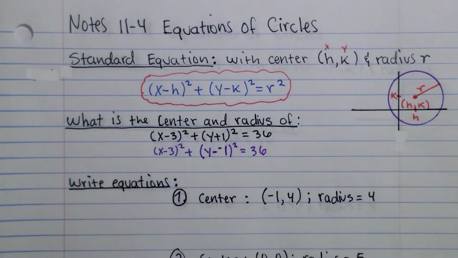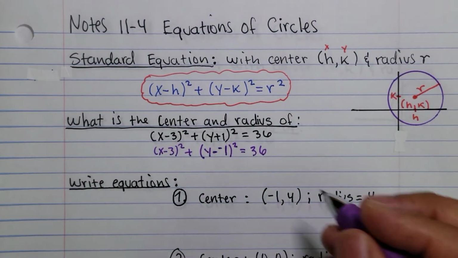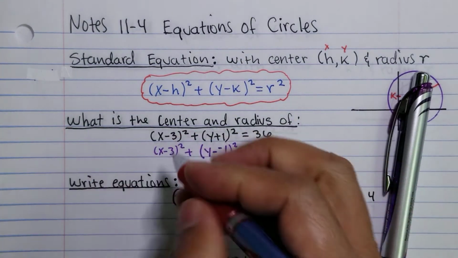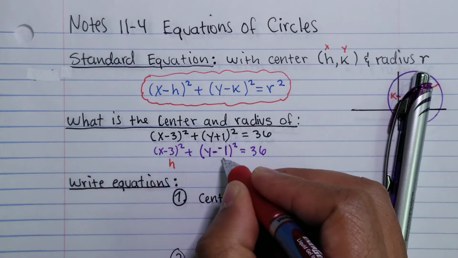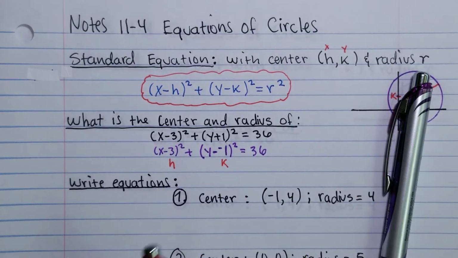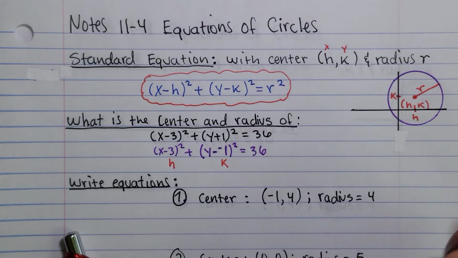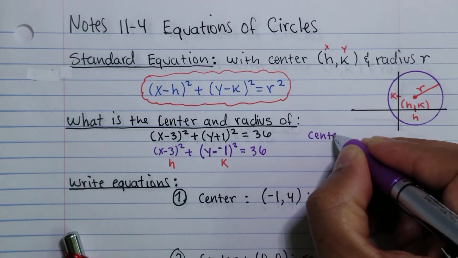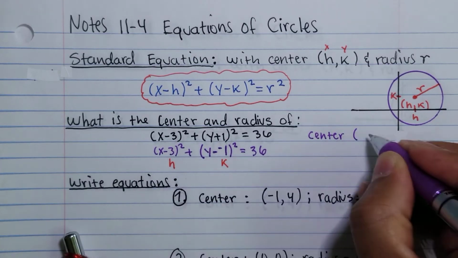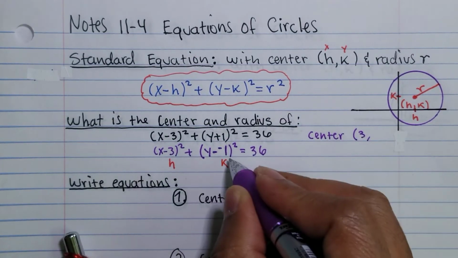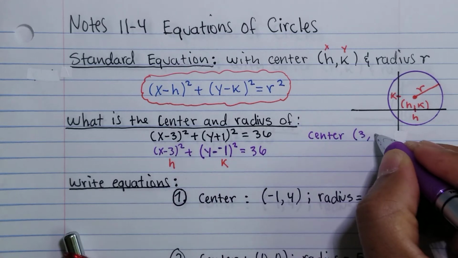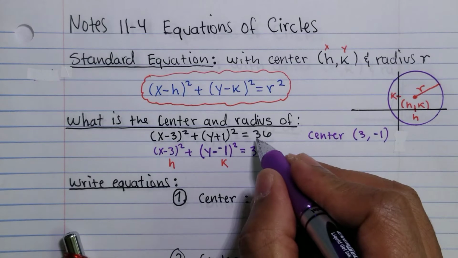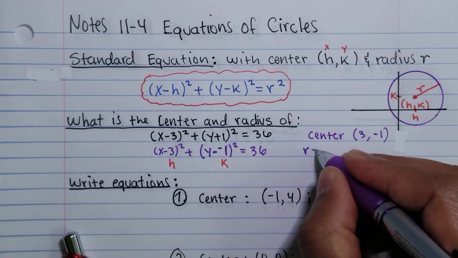Now we should be able to see which is our h value and our k value. This is going to be h, and this is going to be k. Let me just write down the center for now. We'll get to the radius in a moment. So the center of this circle is going to be h is 3 and k is a negative 1. Okay, now to find the radius, that's going to be equal to